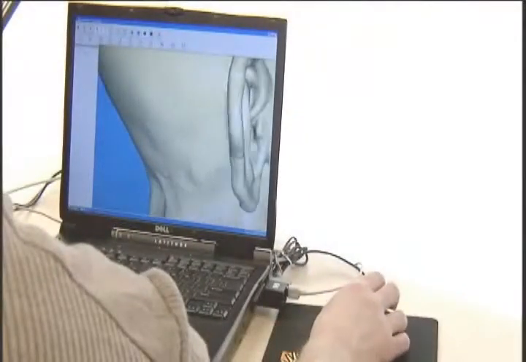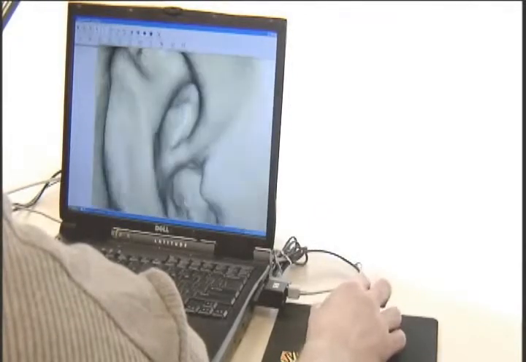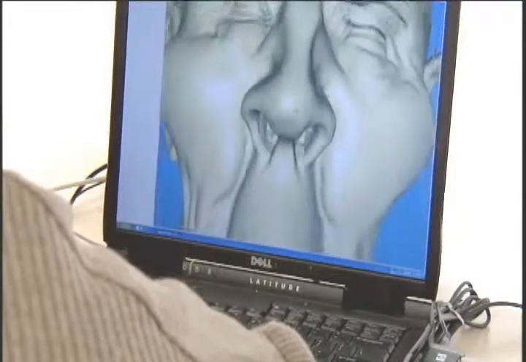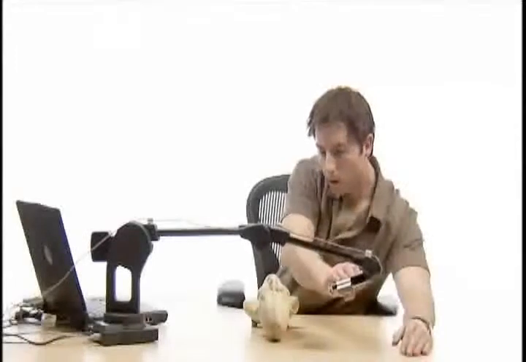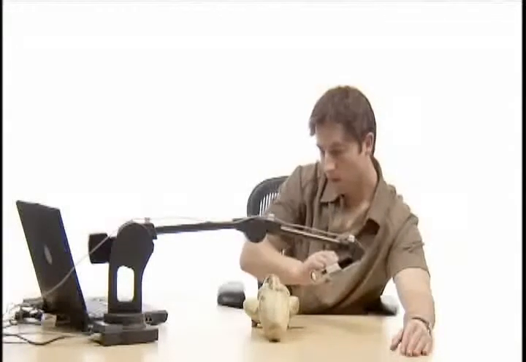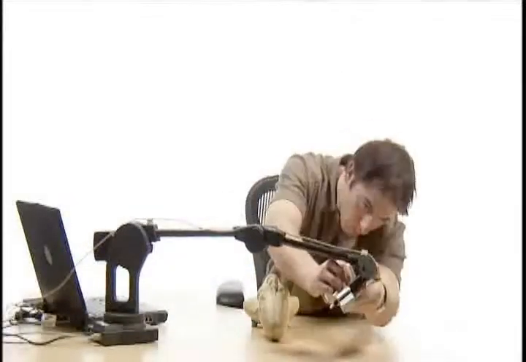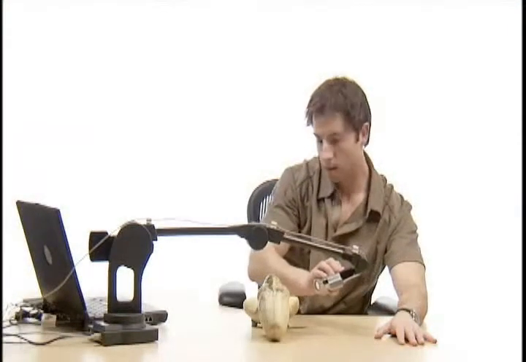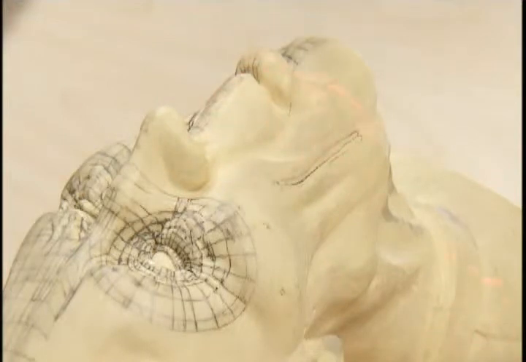Rotary laser scanning products can't always access cavities or recesses. The Microscribe RSI laser solution can capture the rich detail that audiences and gamers have come to expect. Also, unlike rotary or closed box scanners, the size of your model isn't limited by the size of the scanner. The Microscribe RSI laser solution can capture models of most any size, big or small. The Microscribe Digitizer and RSI laser scanner. Together, they can deliver shorter development cycles along with more realistic animation and images, all at a very affordable price.